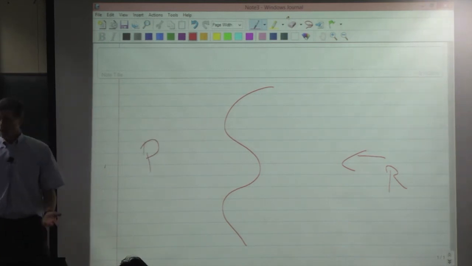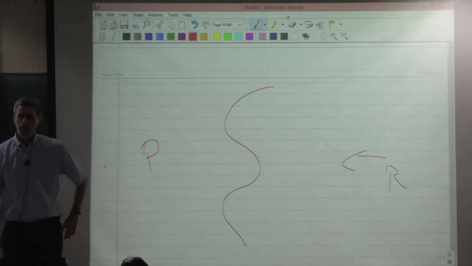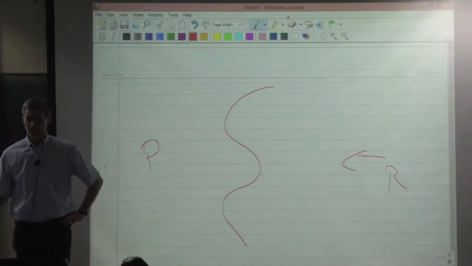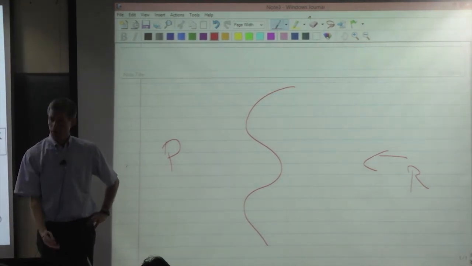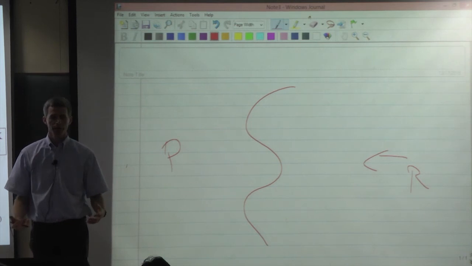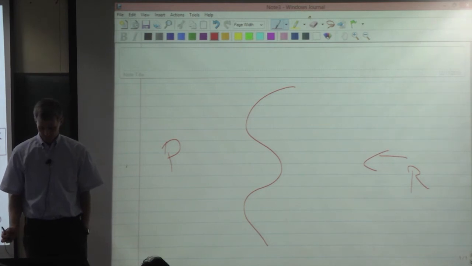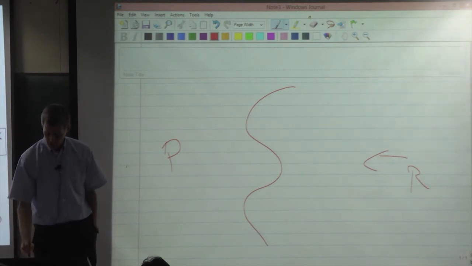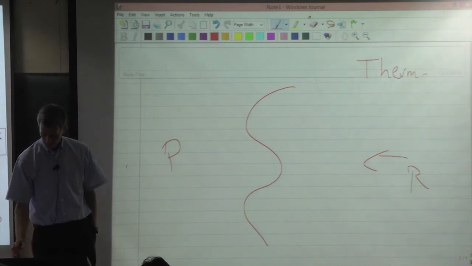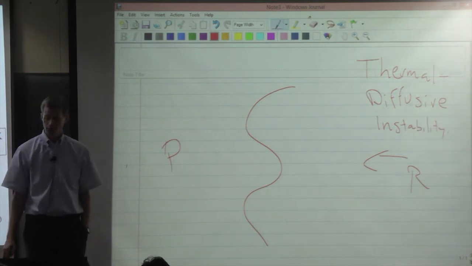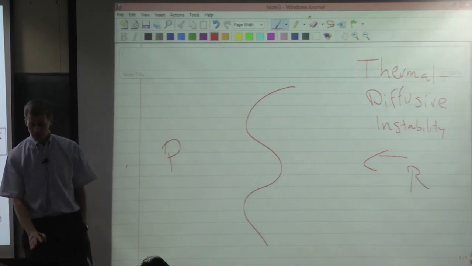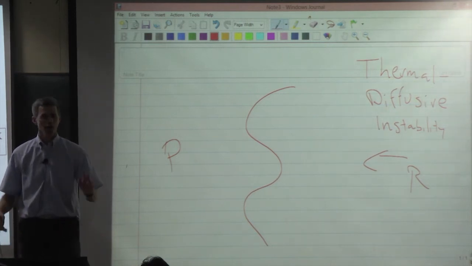So I talked about the Darrieus-Landau instability yesterday, which is an instability of premixed flames due to gas expansion. That gas expansion causes the approach flow streamlines to converge or diverge in a way that causes wrinkles to amplify. You also get something called the thermal diffusive instability. And I think I have a slide on this later, but I can't remember, so I'll just say it now. You get the thermal diffusive instability even if gas expansion effects were negligible, if you had an isothermal flame,